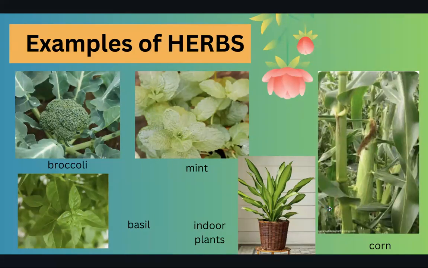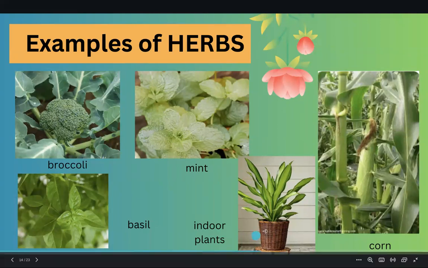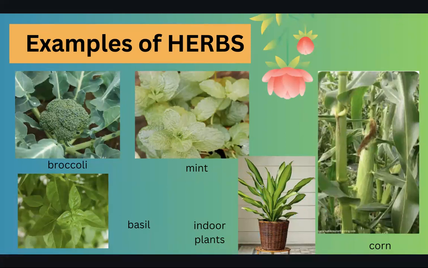Normally, they just perish once they have borne some fruits, and then they die. But of course, indoor plants don't die as long as you water them. Okay. All right. So mint, as soon as they are done with all of the leaves that they can produce, will soon die. Broccoli, once you harvest some of the